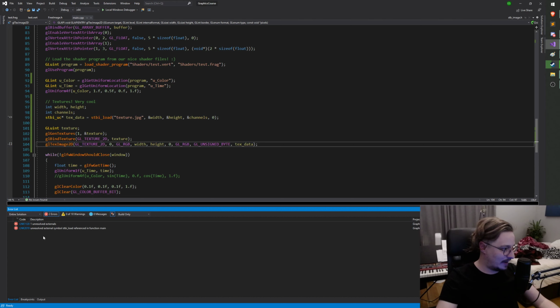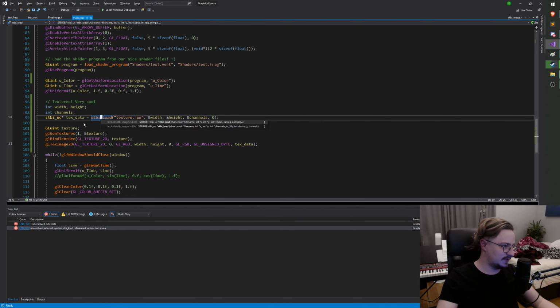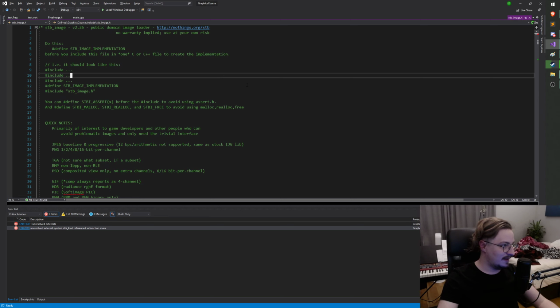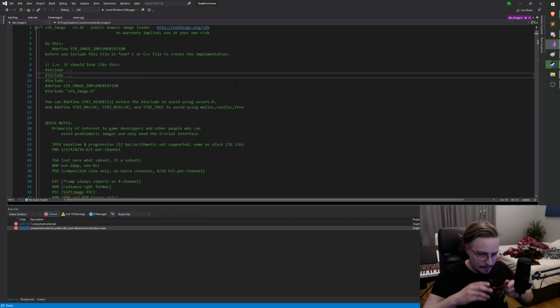Okay, so I compiled and I got unresolved external symbol stbi_load. If I actually go check the header and go to the top, the way that this guy has chosen to do his little library is that instead of doing it as a pure header-only library, where every single function is defined when you include it,